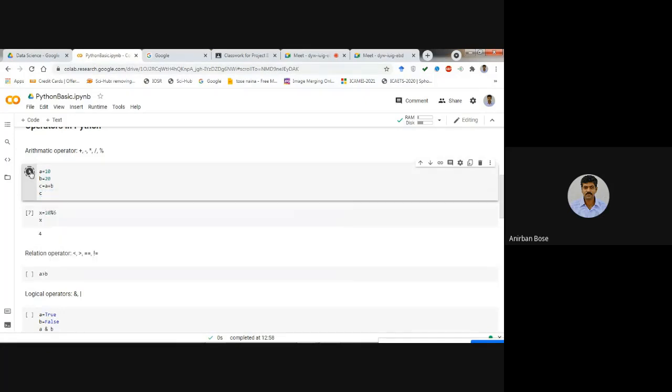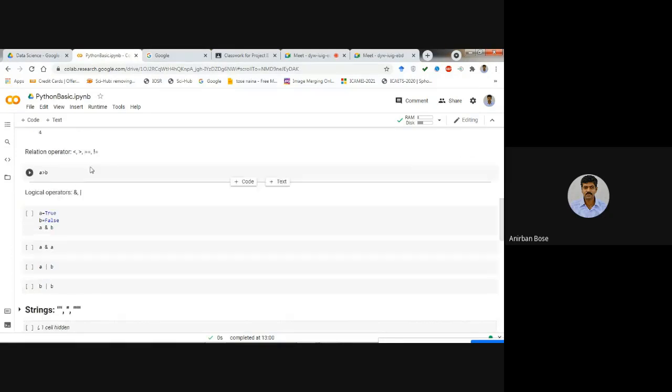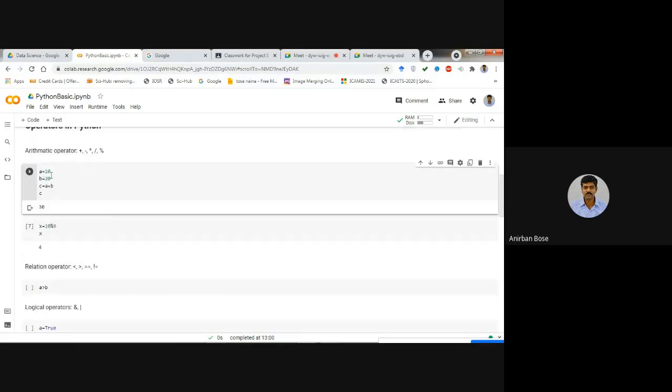If you write C, you see that it is 30. Up to this much, I think there should not be any problem. You just check these things.